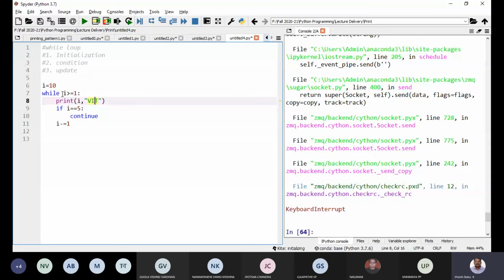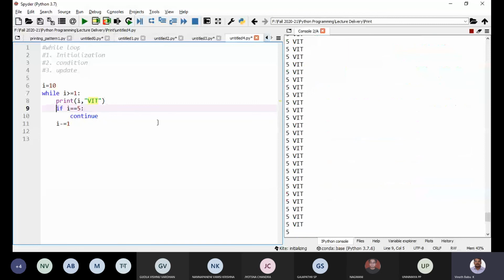It comes out of that iteration and skips the current loop. Again it comes to the current iteration, and the i value is always 5, so it is an infinite loop.